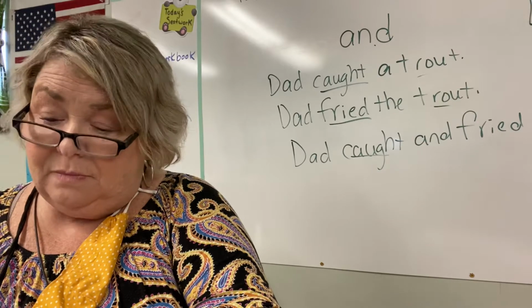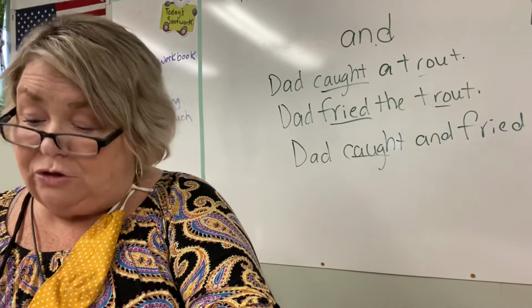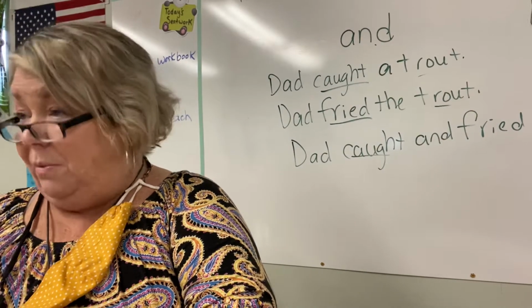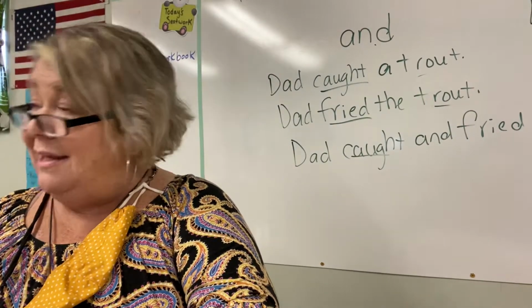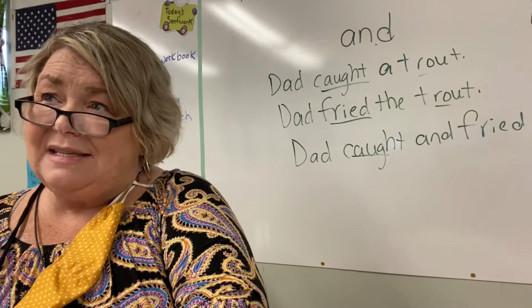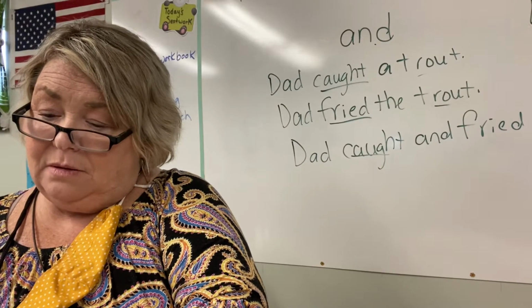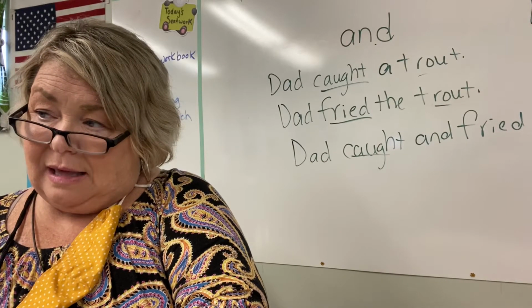Bought and steamed. Right, bought some oysters. The predicate part would be bought some oysters. You would underline that. And steamed some oysters. You would underline that. And then what would that sentence read like, Liam, if we did that? Mom bought and